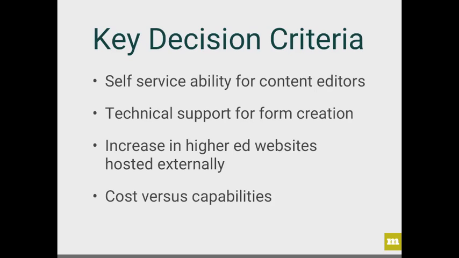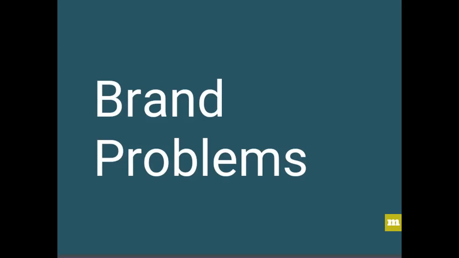And then it all comes down to cost versus capabilities. What's the external cost? What sort of internal resources and costs do we have there? And what are the capabilities we get from those things? And that's how these sorts of form tool decisions get made. So I'm going to let Chris talk a little bit about some of the specific problems in higher ed